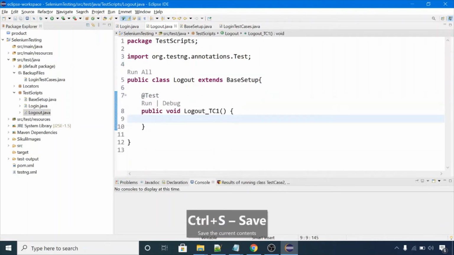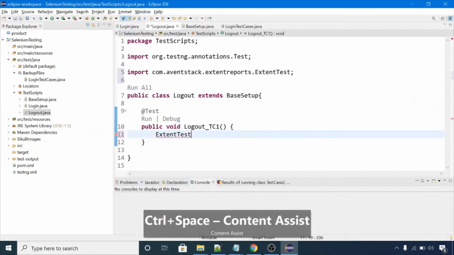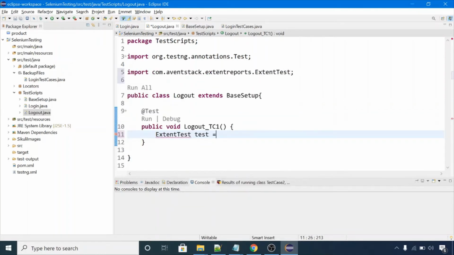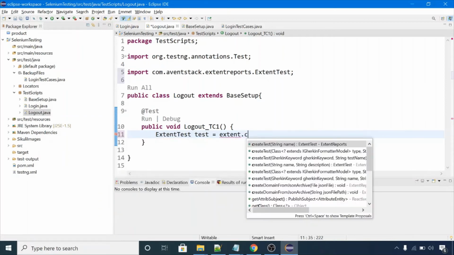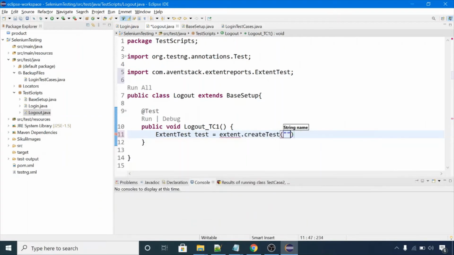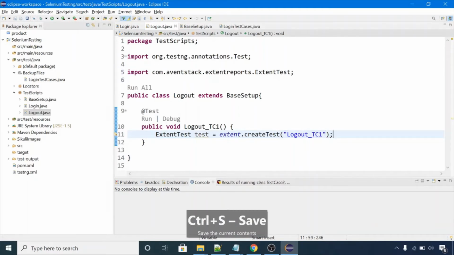Again the same way we will create ExtentTest here: ExtentTest test is equal to extent.createTest and pass the name as logout test case 1. In the login file we were having login test case 1, test case 2. Now we are in logout file, so we are having test case 1 of logout.